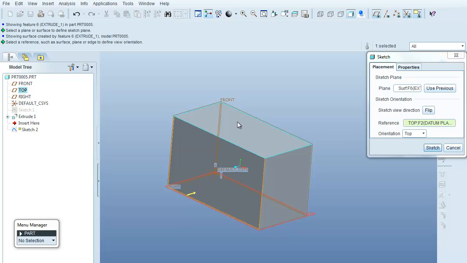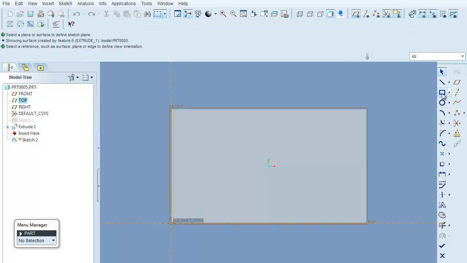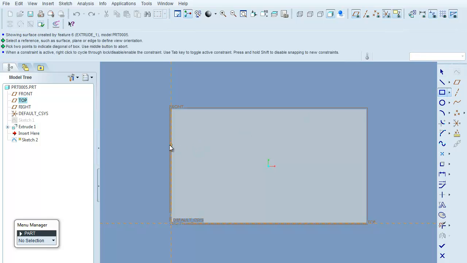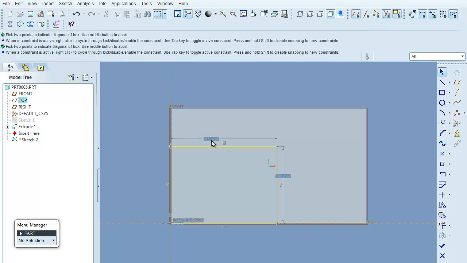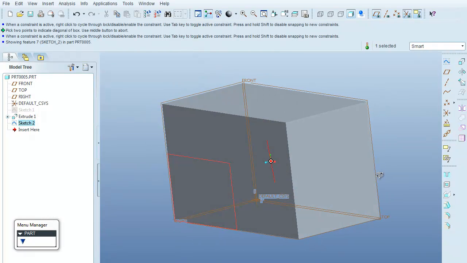I will select this plane. Again, allow it to default the reference and click sketch. Now here I'll use a rectangle, and I'll allow my first corner to snap to this plane, and I'll come down and allow myself to snap to the second reference plane, clicking the arrow button to get me out of that command. I'll now double click on these weak dimensions. I'll make this one 150, and I'll make this one 100, and I will click the check mark to say that I'm done,